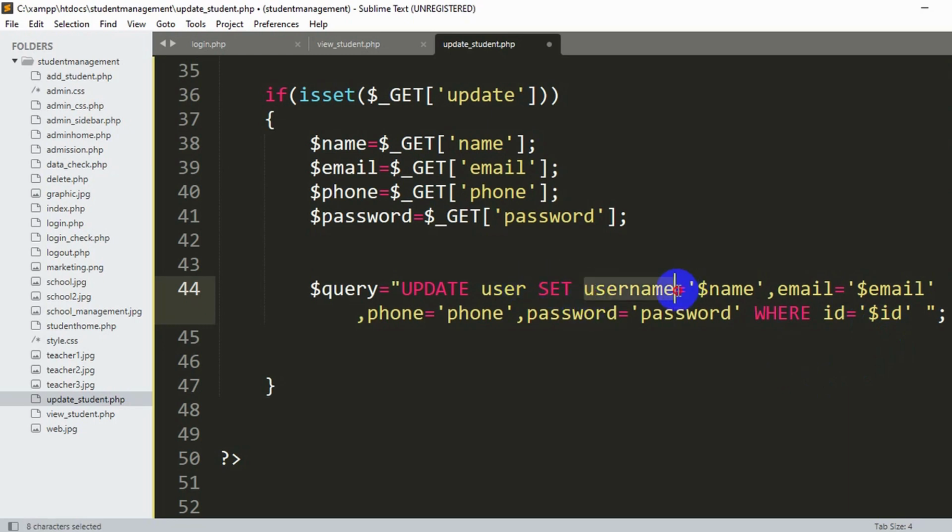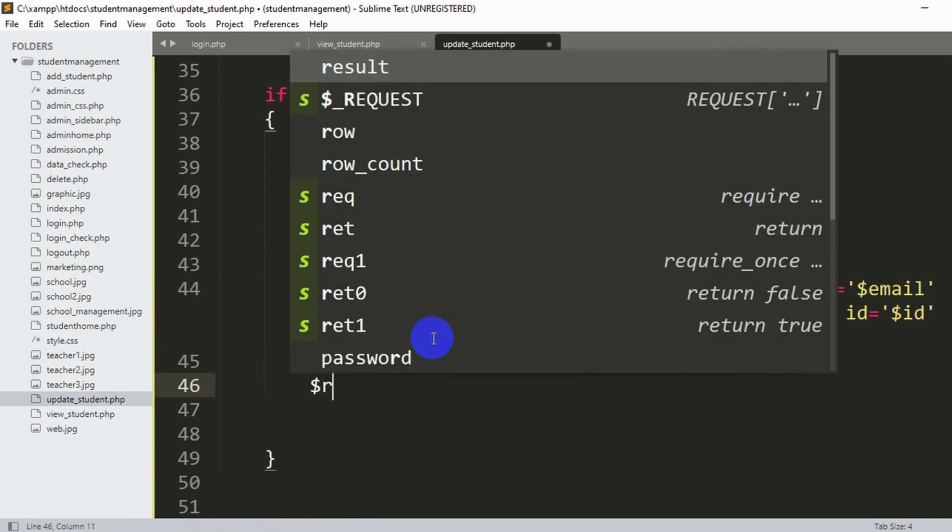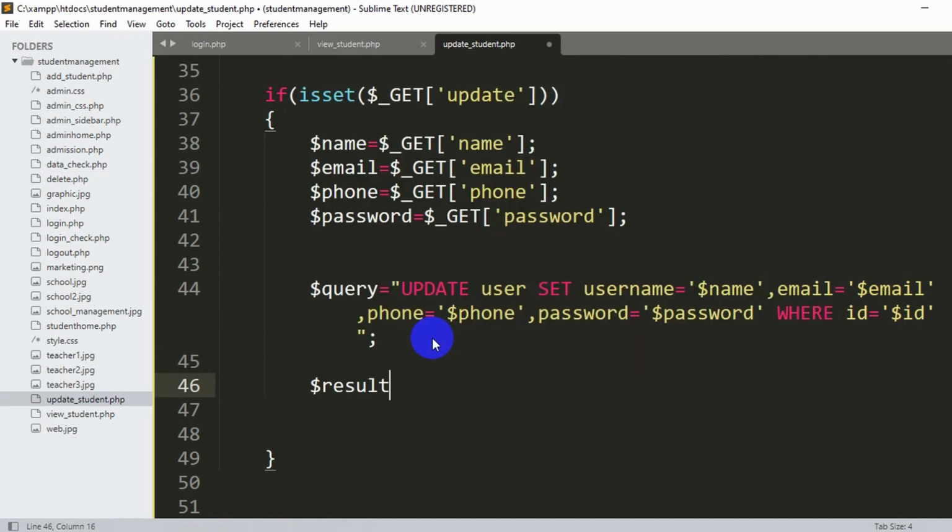Here you can see username, this email coming from the database, and here you can see $name, $email. Those are coming from here, and I missed a dollar sign over here and here as well for phone and password. So after this we are going to say over here, let's say, $result equal to,